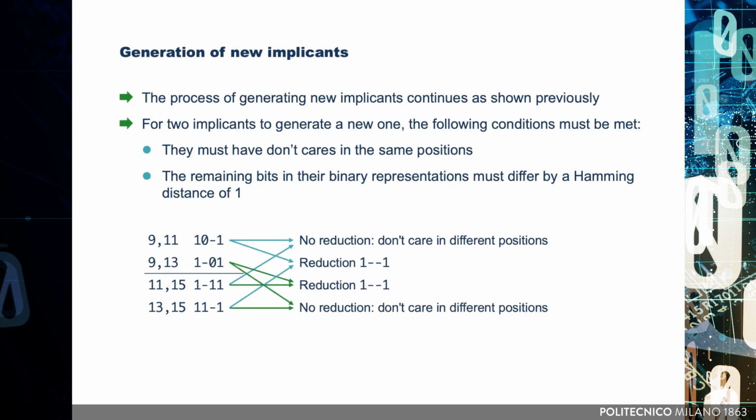As you can see, we have now generated implicants of dimension 4, starting from implicants of dimension 2. Previously, we had generated implicants of dimension 2 from minterms, which are implicants of dimension 1. In general, these steps are iterated multiple times. At each iteration, one literal is eliminated, effectively doubling the dimension of the implicants produced in that step. In conclusion, the algorithm we are studying incrementally increases the dimension of the implicants step by step through repeated reduction.